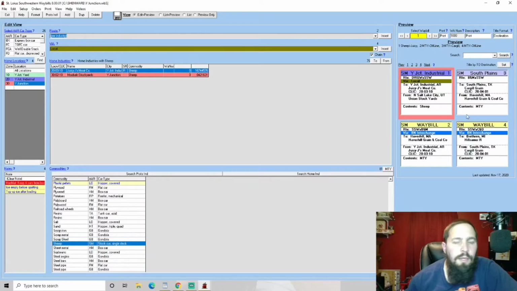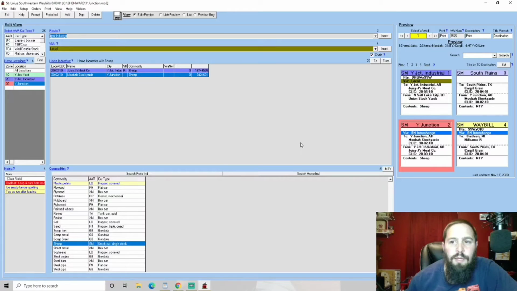Alright. Now, let's go to this card. Now what I want to do is, our contents are empty. We want to send this card to the Moobaugh Stockyards. So now I'm going to double click this one. And you can see now it changed to Y Junction. There's no change in the route because the route's all the same. So I'm going to go ahead and insert via our local, because the local is going to be running this